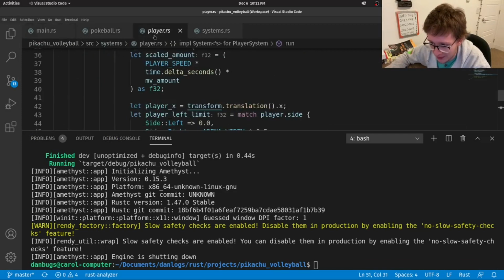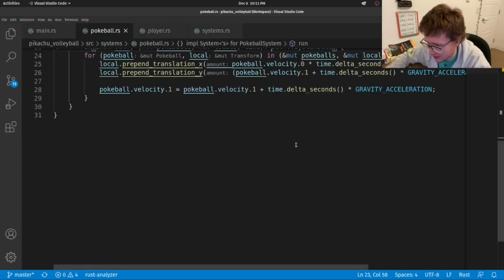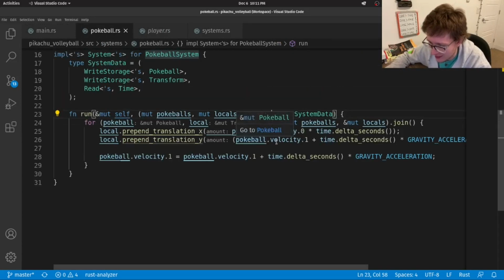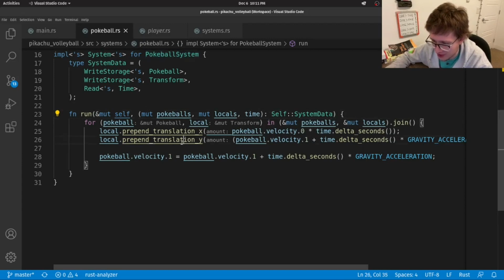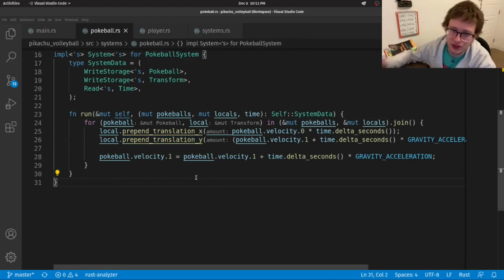Like we were doing with player. Now, instead of using prepend, we could technically also do the same max and min, right? But we're not just changing x, we'll also have to check y. But I don't know, to me that just seems inconvenient, right? Because we also wanted to hit the player, so anyway, we can do better than that. And so let's do that.